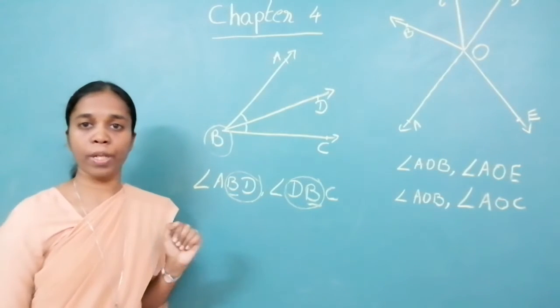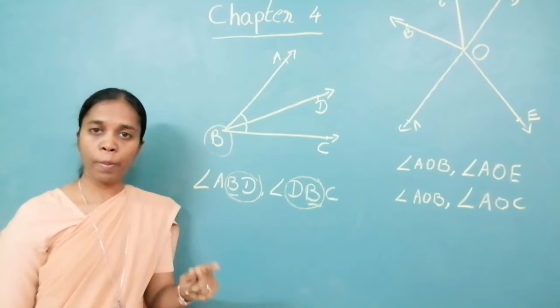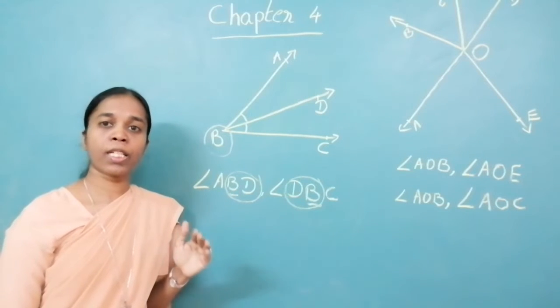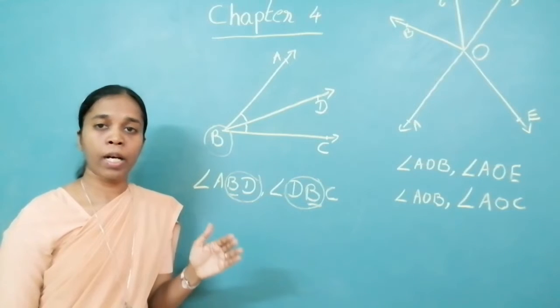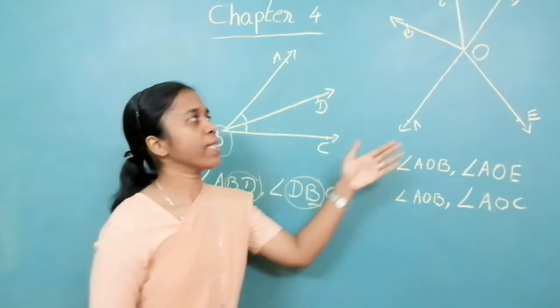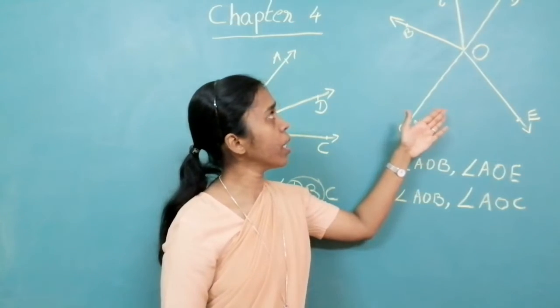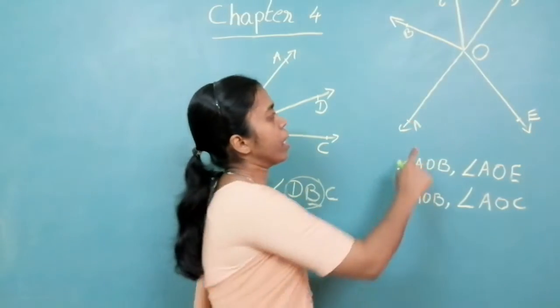BD. This is their common arm. So the angles which have a common vertex and a common arm are known as adjacent angles. Look at the second example over here that I have drawn. Okay. In this you have angle